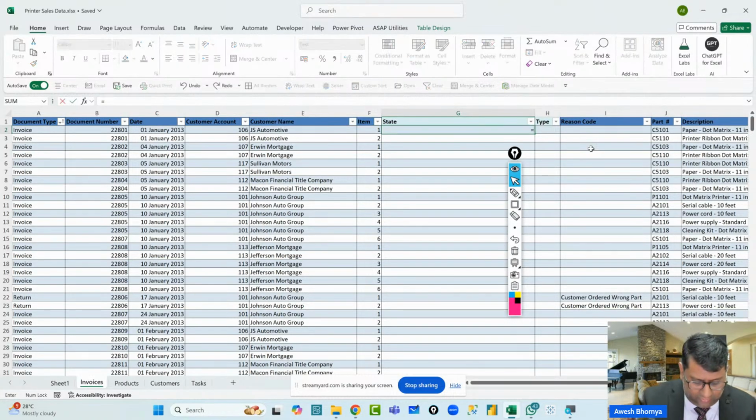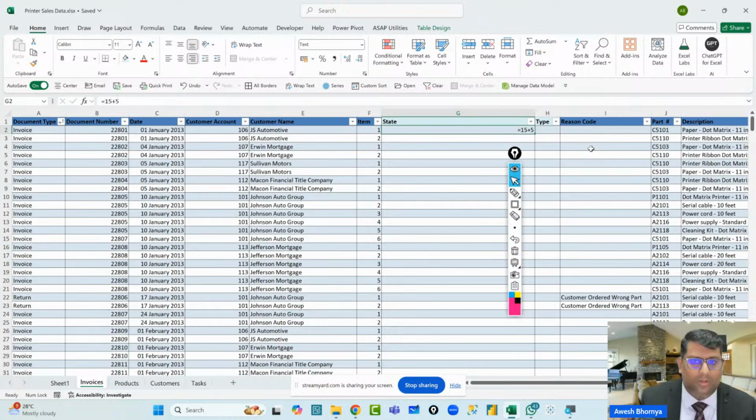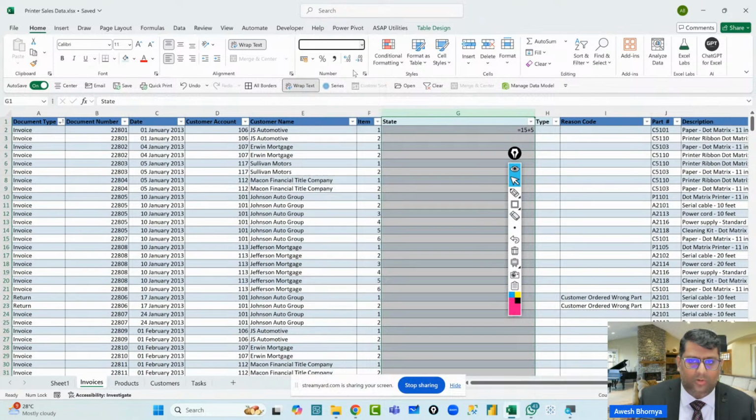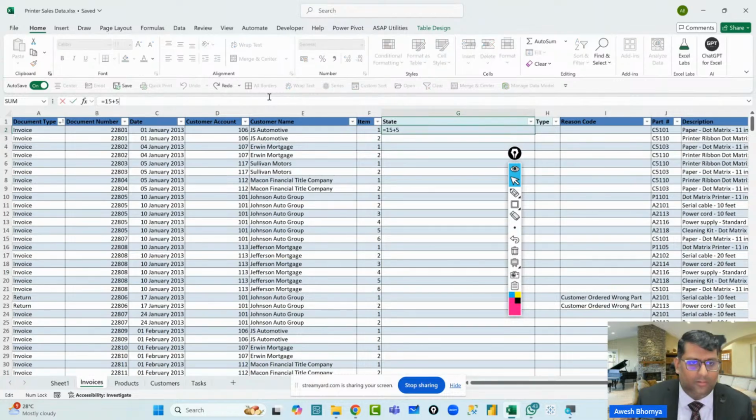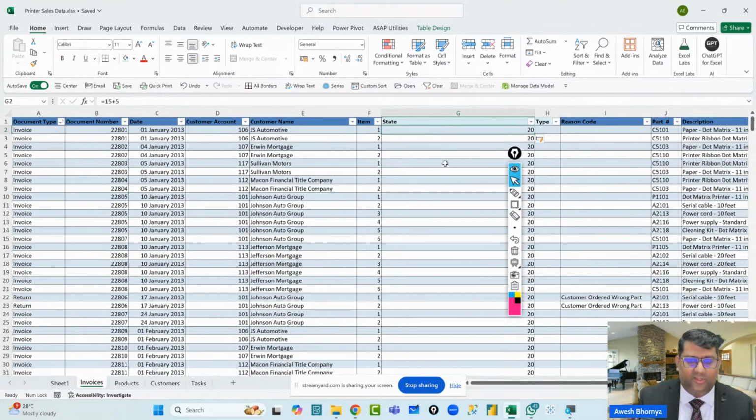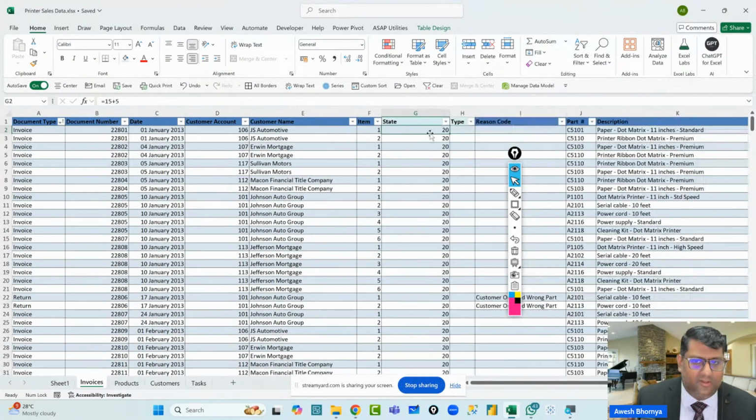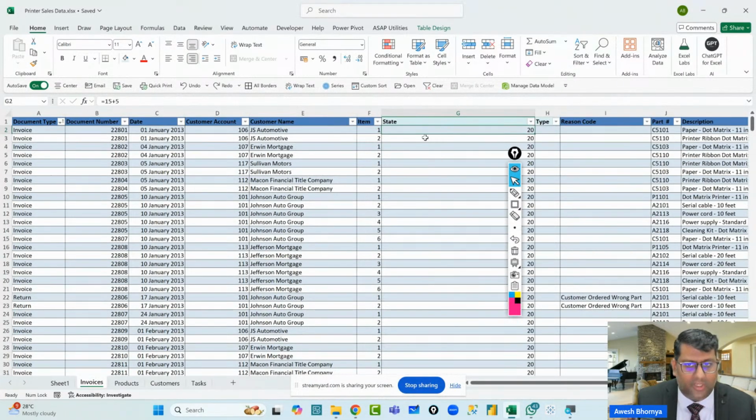Let me see why this is not working. Oh, okay, I think this column is in a text format. That's why it's not working. Yeah, okay. It was in a text format. There was some formatting problem with it. So, anyways, I'll just revert back.